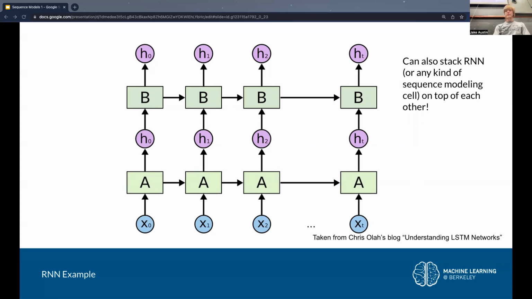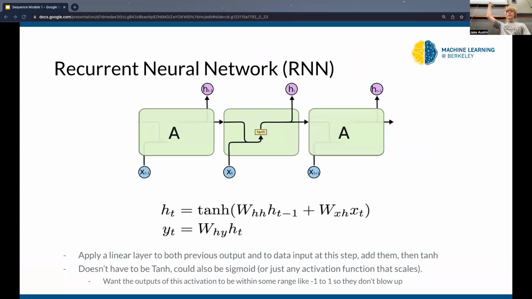So that is the basic form of an RNN. To peer under the hood and see what's happening: we take in a sequence element, and because all of our sequence elements have the same length, every word in our dictionary is a one-hot vector of the same length, we can just do a linear layer on it. We do a linear layer on the information we took in from the previous time step and our input at this time step. So we have our A here,